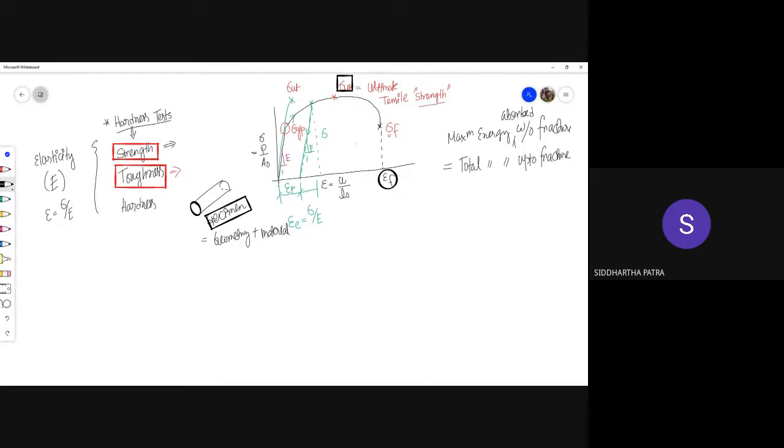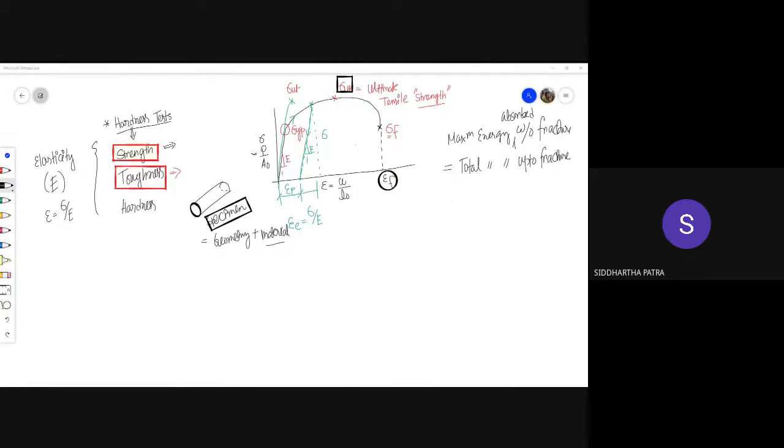And next comes the toughness. So if I want to define toughness, so if I want to isolate the property of the material from the,